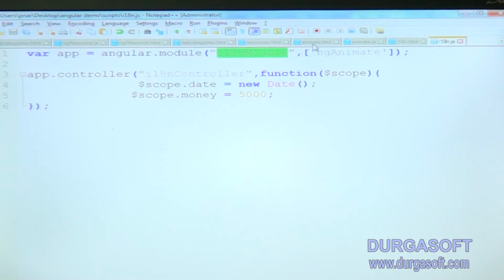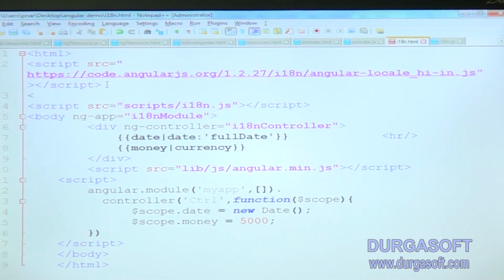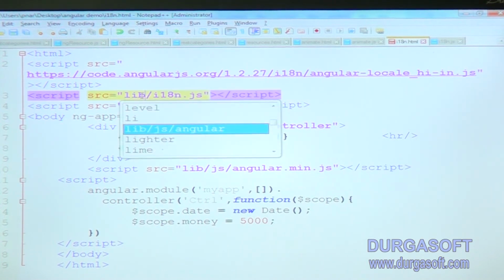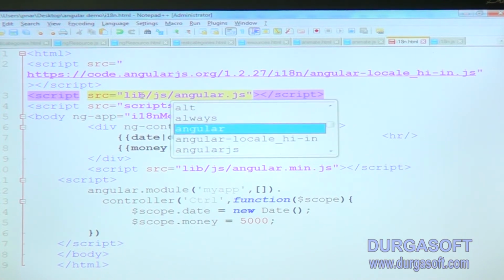And we don't need this animation. I have to include one more script, the lib/js/angular.js file.